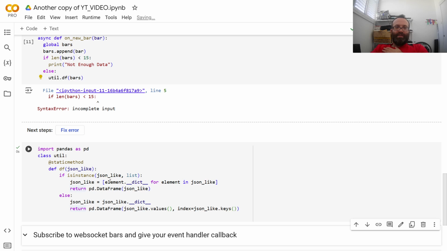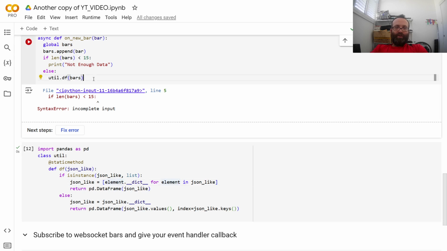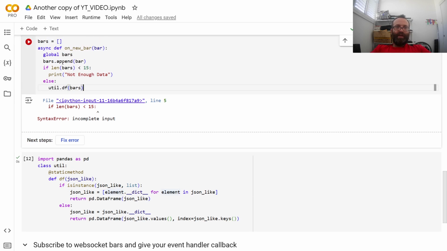But since each bar is an object that, if you do underscore underscore dict, you get a dictionary of it, from that list of dictionaries I can create a data frame. But we're not going to go into super detail in this video on that. So basically, if you don't have enough data for the RSI calculation, then else,